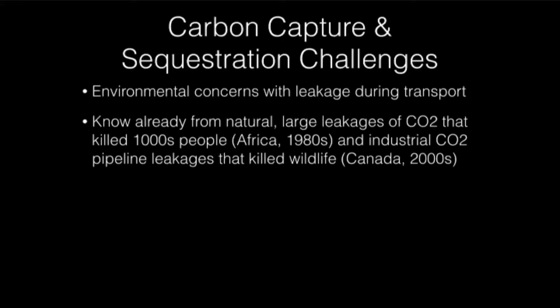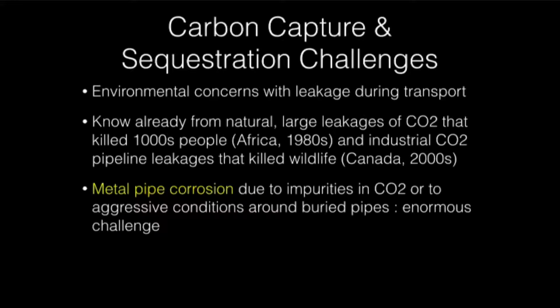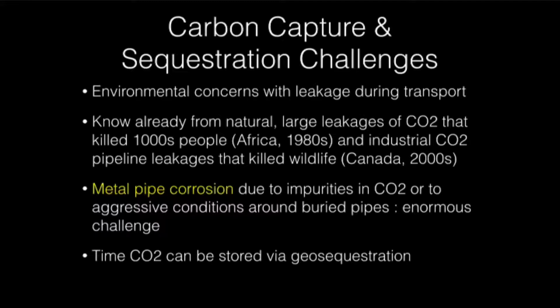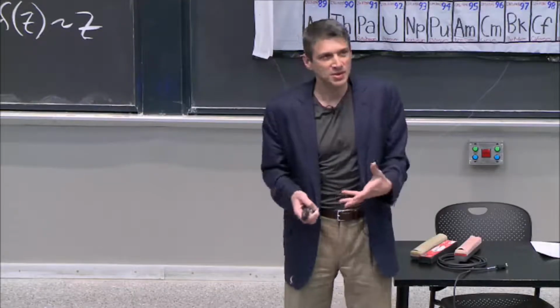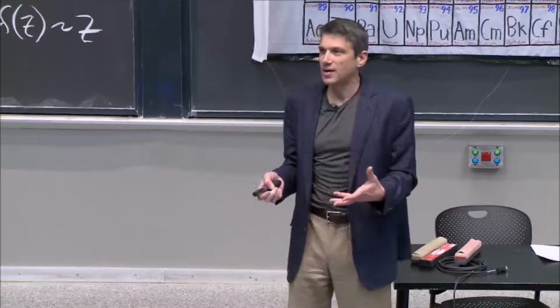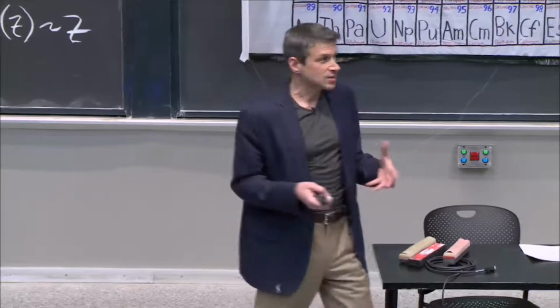So transporting is actually really hard to do. There's metal pipe corrosion. This is a great chemistry problem, unsolved. And then the next part of CO2 sequestration is, so one is transporting it that's challenging, and the other is storing it. What do you do with it? Let's suppose we could capture it. Well, then what? And there's ideas around this, right?